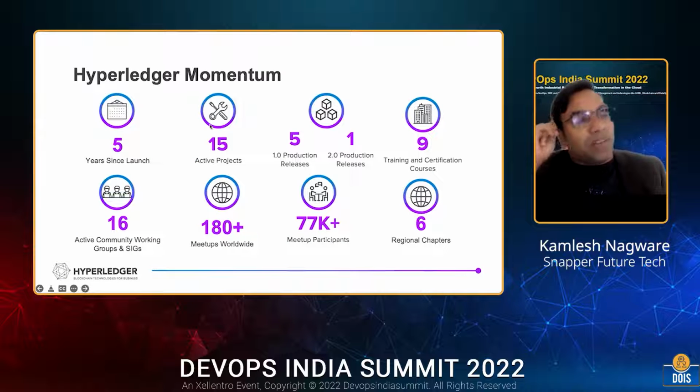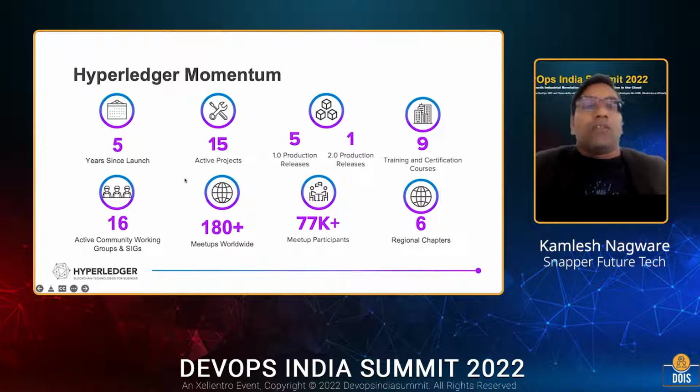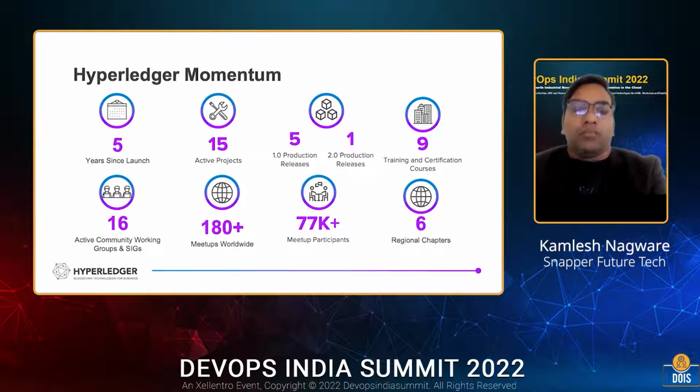Hyperledger started around December 2015 to build the community around the business and enterprise use cases of blockchain rather than cryptocurrency. That's the reason Hyperledger does not have any cryptocurrency, unlike Ethereum and other blockchains. The motive of the Hyperledger Foundation is to build a software source code community to build blockchain applications on top of it. In five years it has grown to more than 15 projects, with more than 5 projects in a production stage.